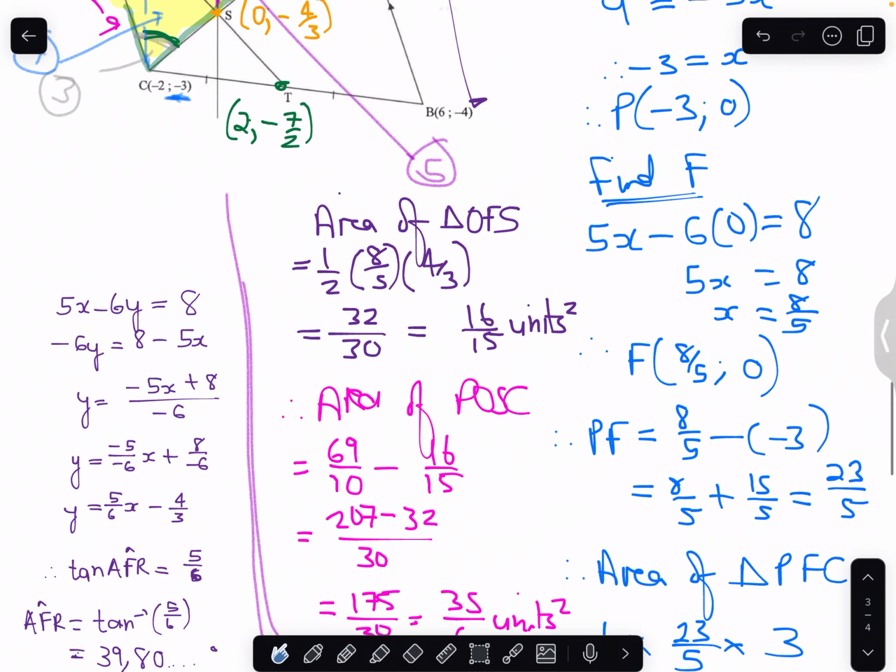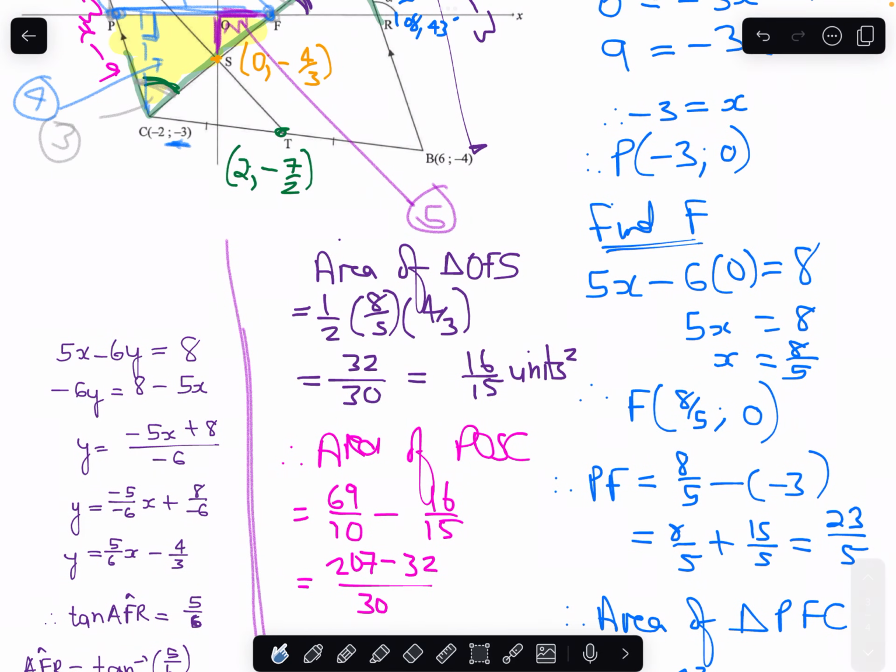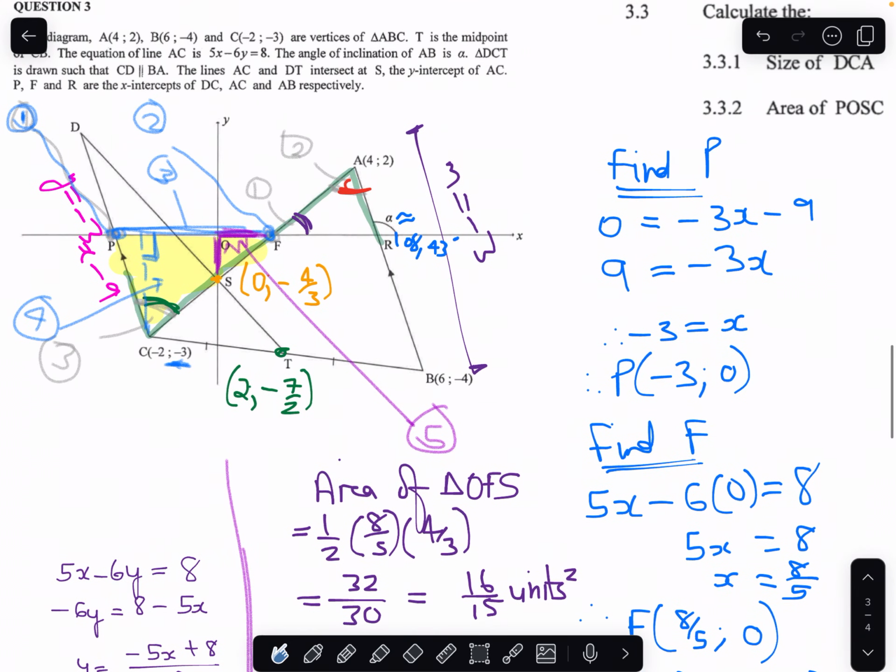And out of curiosity, let's look at how else they go about it in the memo. So I'm just going to be quiet for 2 seconds and try and digest what's going on. I did say I don't want to do this. There are lots of alternative ways to do it. I am not going to look at them, but they are fun. They are fun looking, so I encourage you to look in the memo